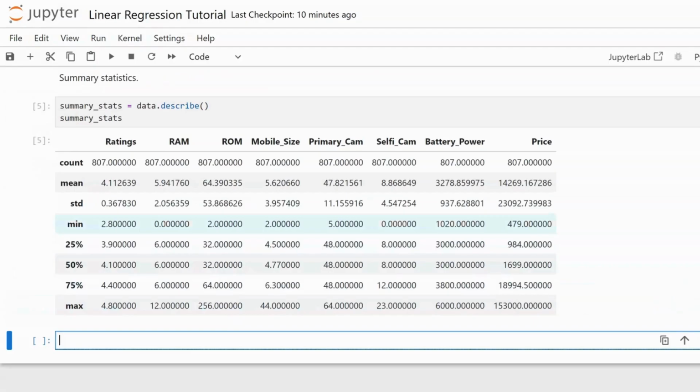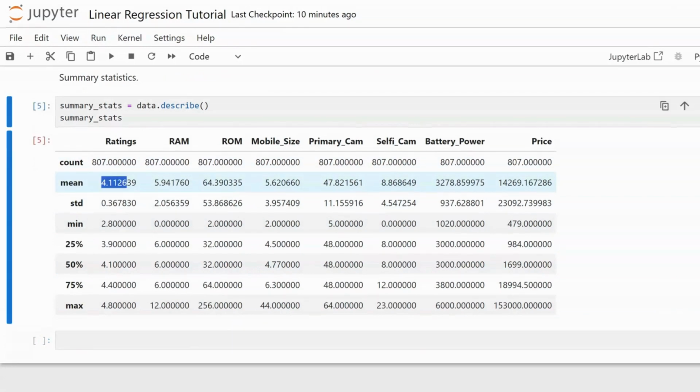So here, looking at this, we see that there's a summary for each column. We see that we don't have missing values. So we see the mean of the rating is 4.11, which is pretty good. And then we see the standard deviation, minimum values, 25th percentile, 50th percentile, and 75th percentile, as well as